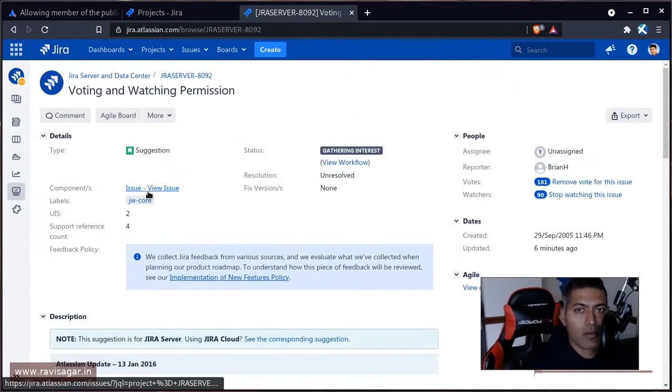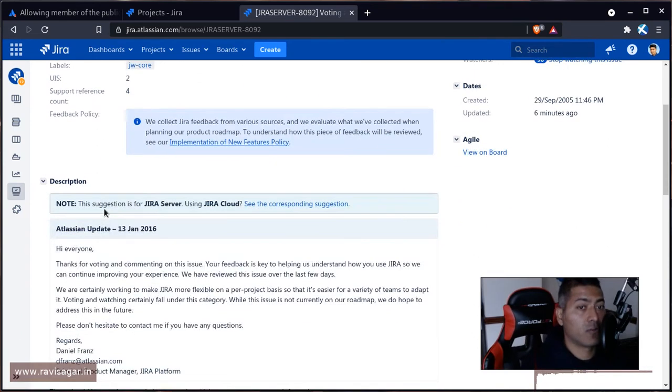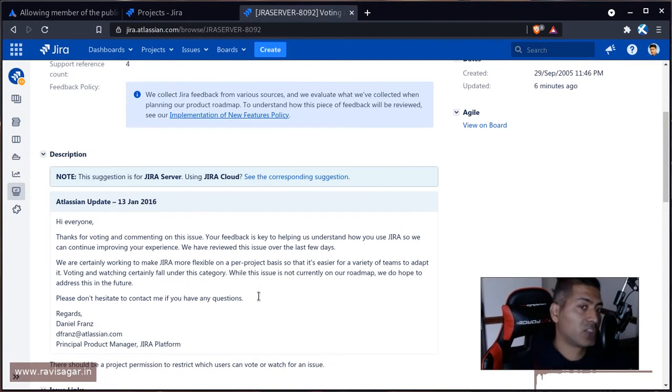People can always vote for a specific requirement, and based on the number of votes, based on how many people are asking for this thing to be implemented, Atlassian will either do it or maybe plan to do it in future.